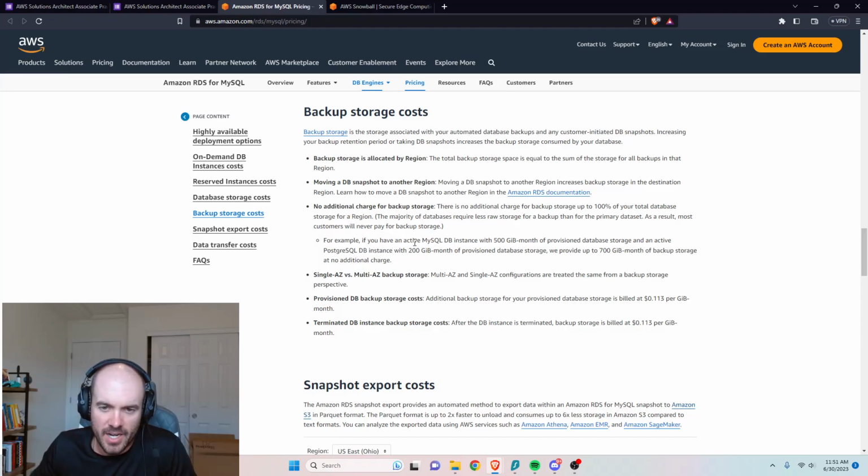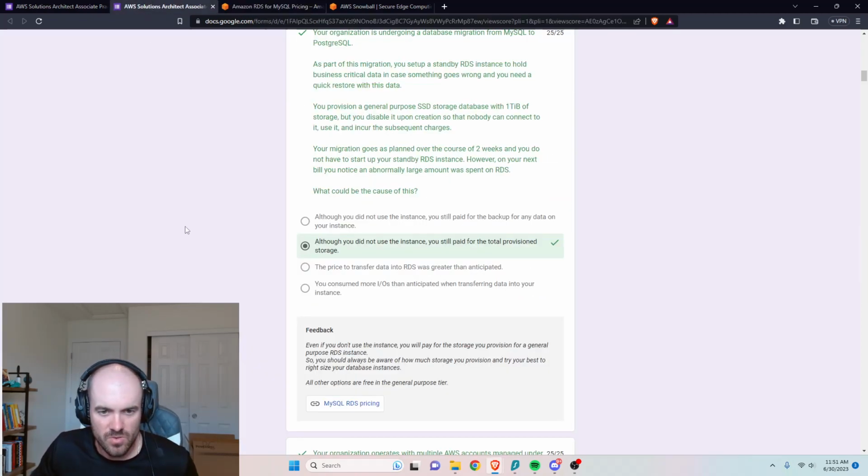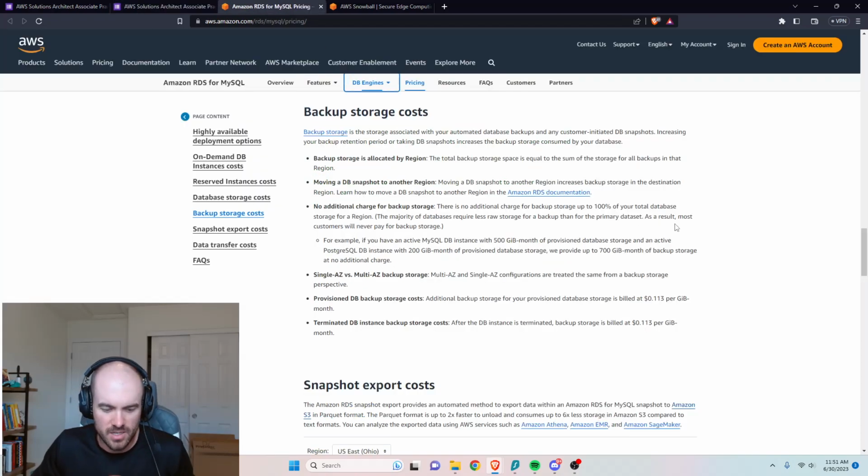So if you've got an active MySQL database instance with 500 gigs and another Postgres instance with 200 gigs, you could have up to 700 gigs of backup storage for free, which is a huge amount of backup storage. So it's pretty nice. And then let's see, transferring data in,